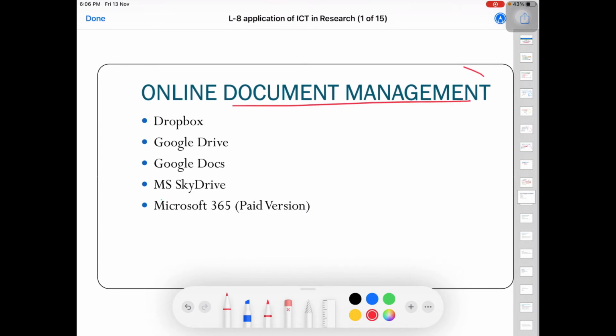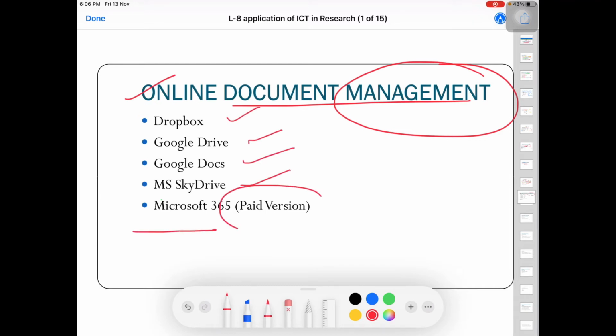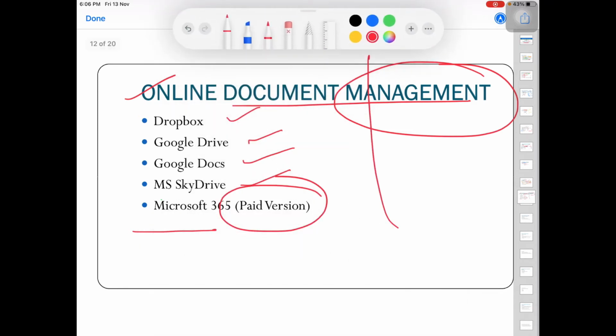online document management. So you can manage a document online using Dropbox, Google Drive, Google Docs, MS SkyDrive, Microsoft 365. It is a paid version, you have to pay for this. The next one we have is